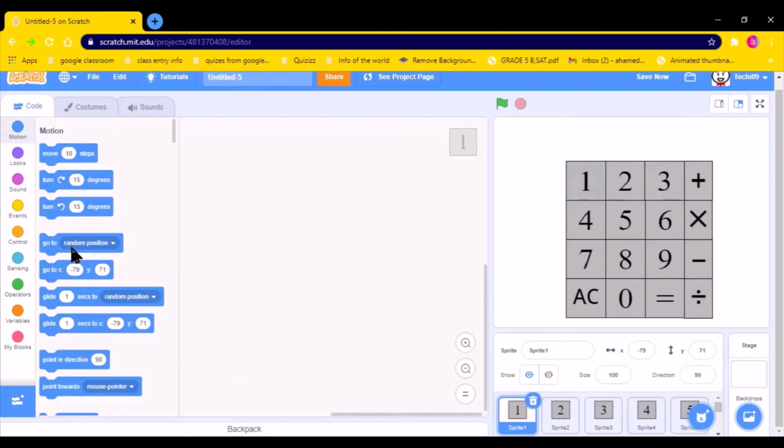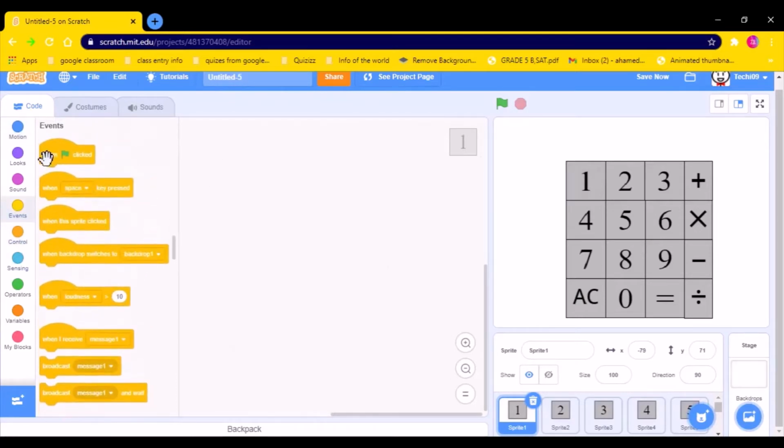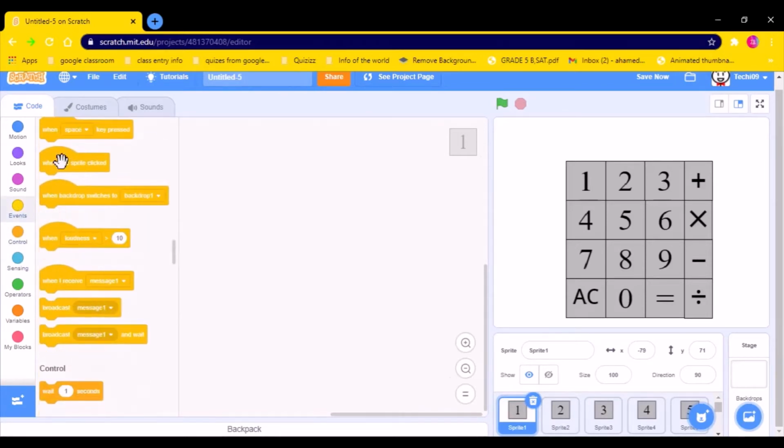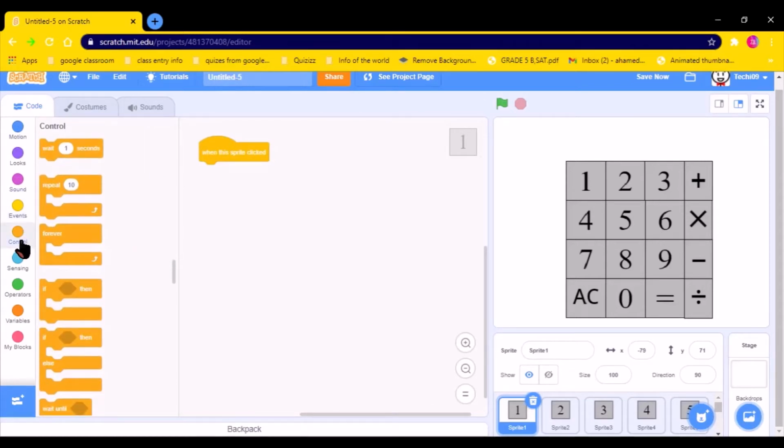First up, let's get 1 and 2, all of them ready. So first up, you need when flag clicked, and you need forever. No. Sorry guys. You need to go to when this sprite clicked actually. And when the sprite clicked,